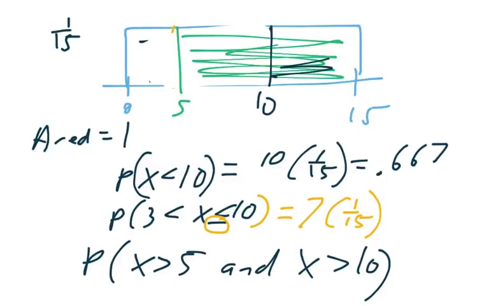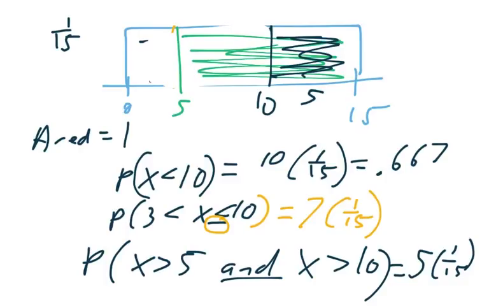Here's 10, bigger than 10. And if we're doing an AND problem, that must mean the green and the black have to be shaded. So that section is 5. So I got 5 times 1/15, which is